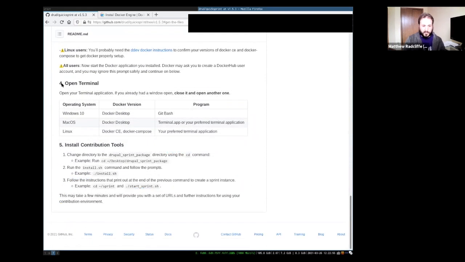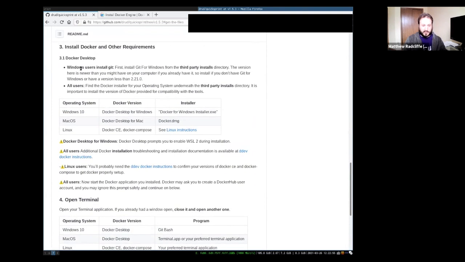For the fourth step, after you install Docker, you'll want to make sure it's running. That's something I've forgotten in the past, to make sure that my Docker is running, and I'm like, why isn't this working? Oh, I need to run Docker. If you're on Linux, there's probably a systemd service definition to start Docker.